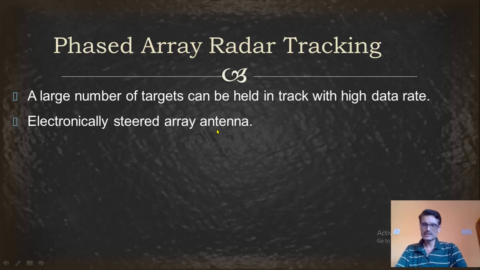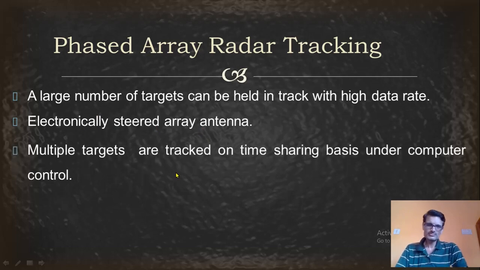I think you might know what a phased array antenna is. The signals are applied to this phased array antenna in different phases for multiple array antennas, electronically. So that means speed increases in this particular method over the ADT. Now, the multiple targets are tracked on a time sharing basis under computer control. So a time sharing option is used here. A signal is given to the first antenna, then the second, then the third. A group of antennas is used over here, and they are steered electronically.